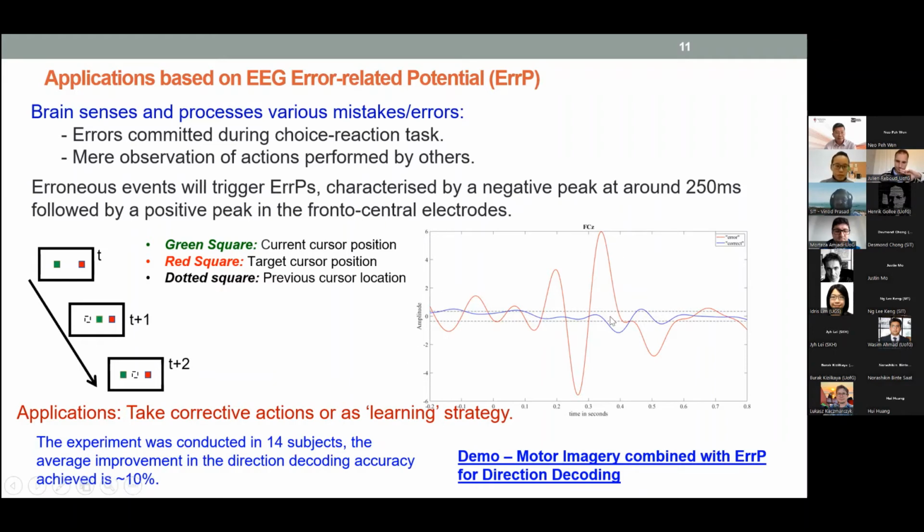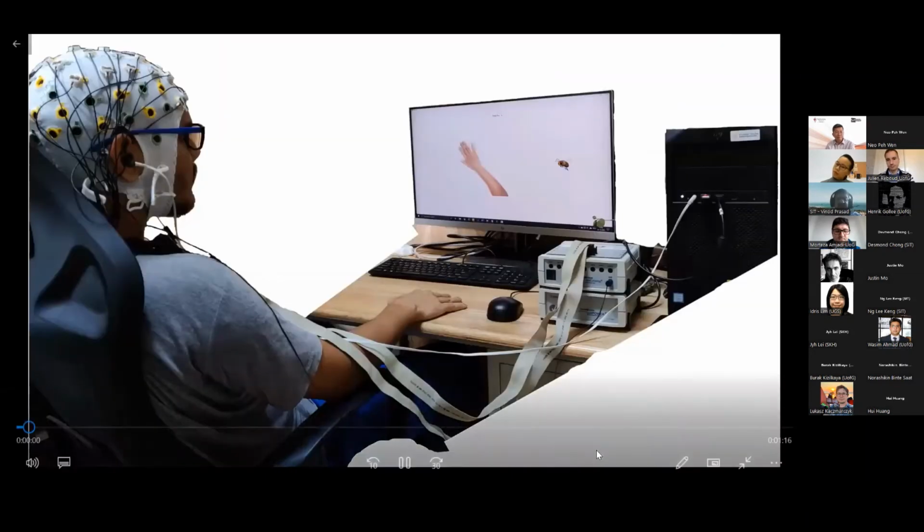And what you see is the red plot, which is actually called error-related negativity. You can see a big negative peak, which occurs at around 250 to 300 milliseconds here. And we can detect and decode that. So using that,